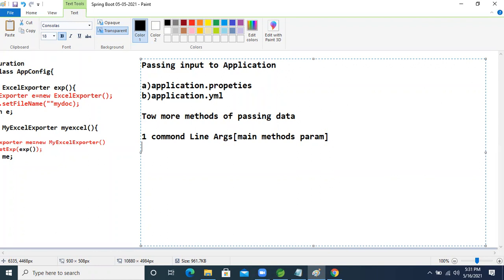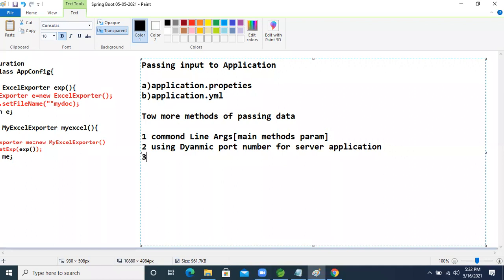Another one is used for a dynamic port number for the server application.